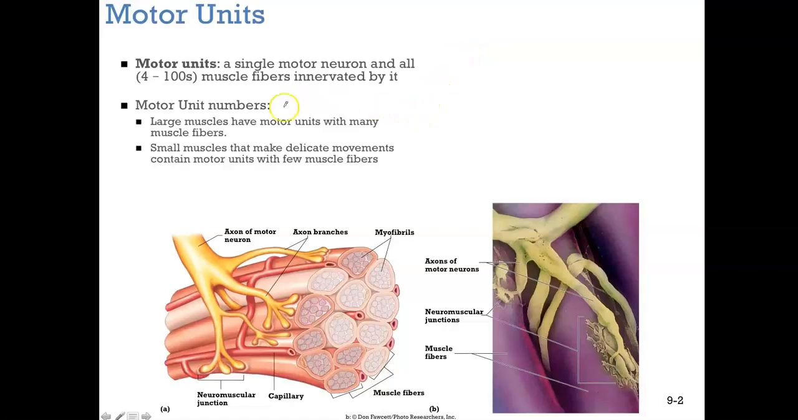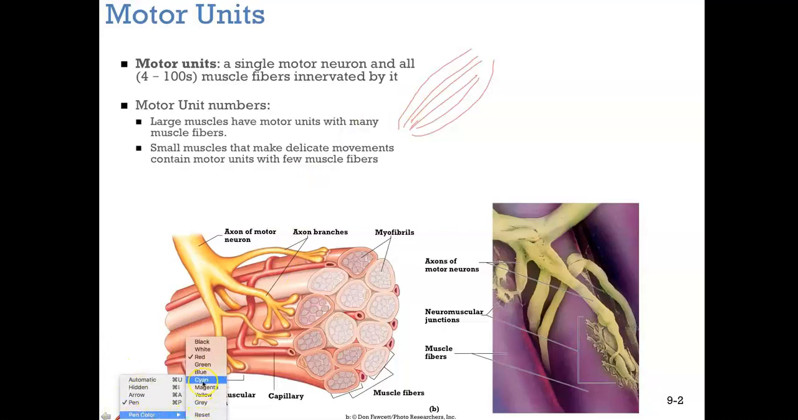So we know that we have larger muscles that are going to have motor units with lots of muscle fibers, whereas smaller muscles that are going to have more delicate movements will contain motor units with fewer fibers. So what does this all really mean? I want you to picture a muscle here. We'll draw some striations in here. It means that we can control a muscle by using